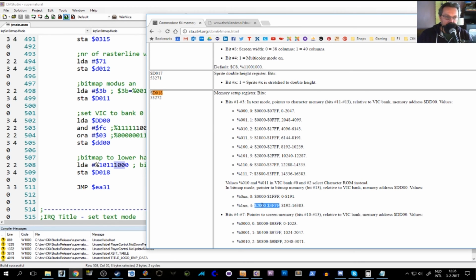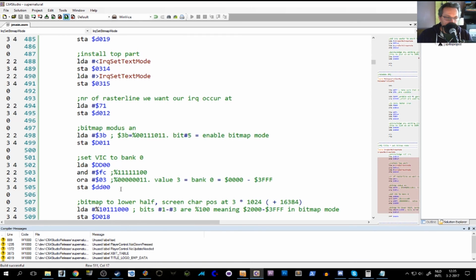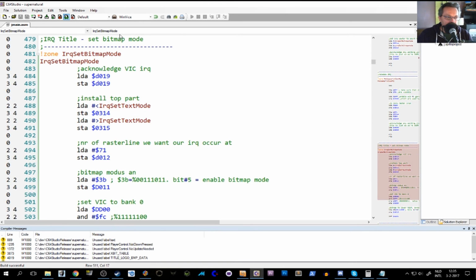So that is fortunate, but not by accident, of course. So we're pointing the VIC to look for the bitmap data at this address. Now, remember that I just talked about this EA31 address, and you were all confused when you were listening to me. This is our